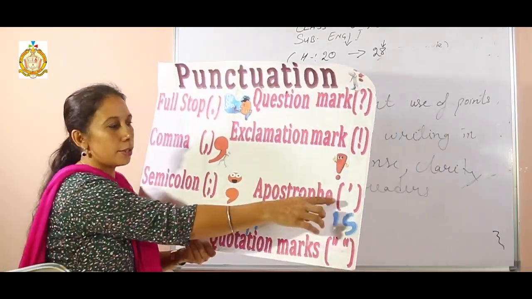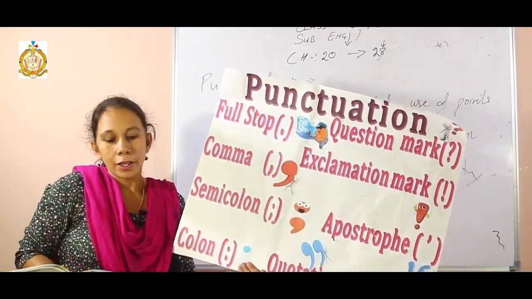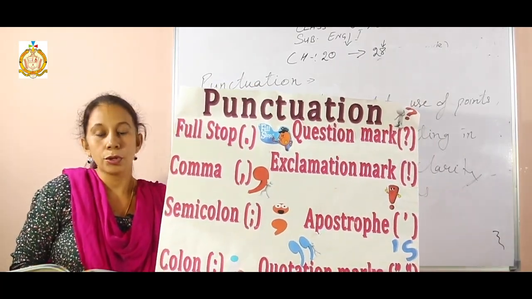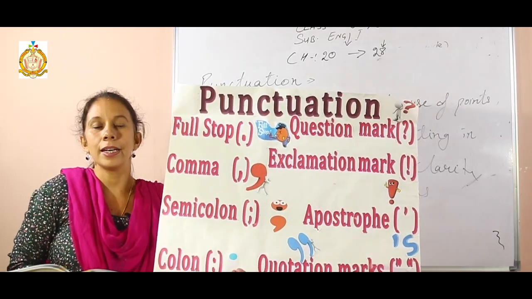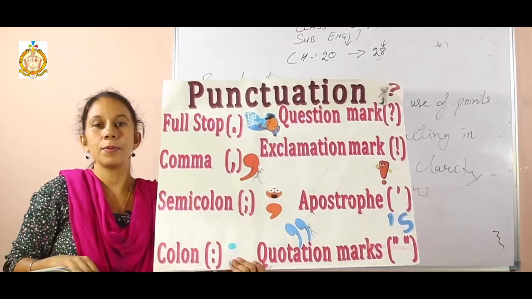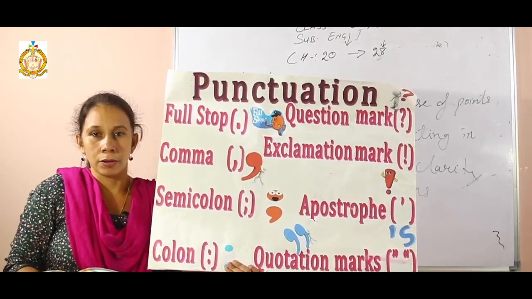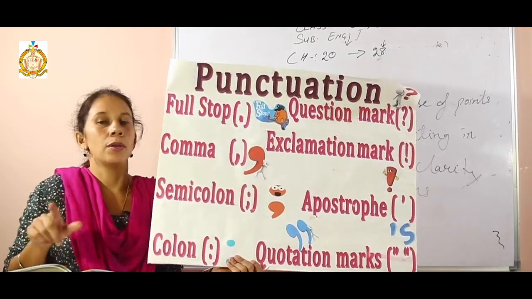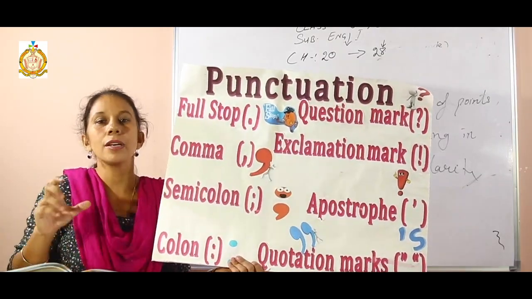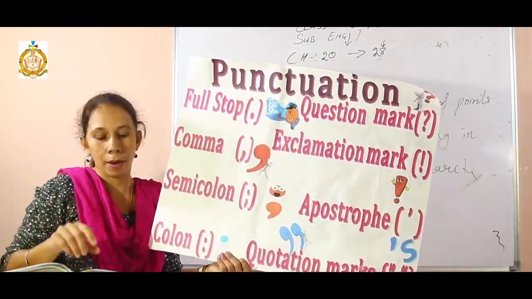Next one is inverted commas, and the apostrophe. Inverted commas are used to enclose the exact words of a speaker, and the apostrophe is used to show possession. For example, I said that this is my book. This book belongs to me. I said possession is there, that it is mine. So the woman's cloth, for example, means the cloth belongs to that particular woman. So when we show possession, we use apostrophes. Apostrophe means a comma at the top.